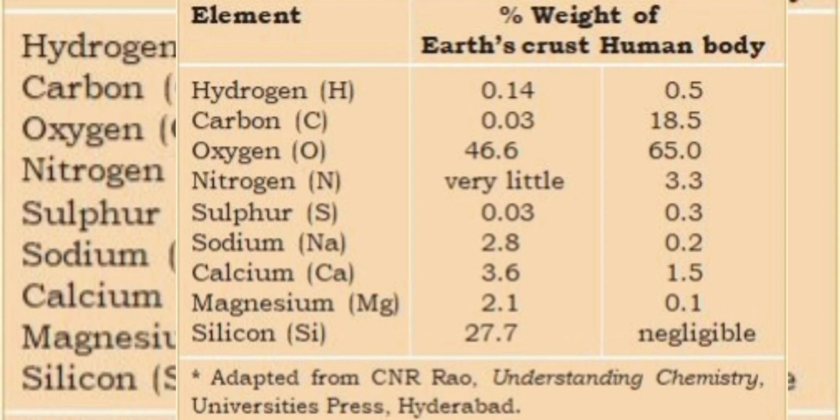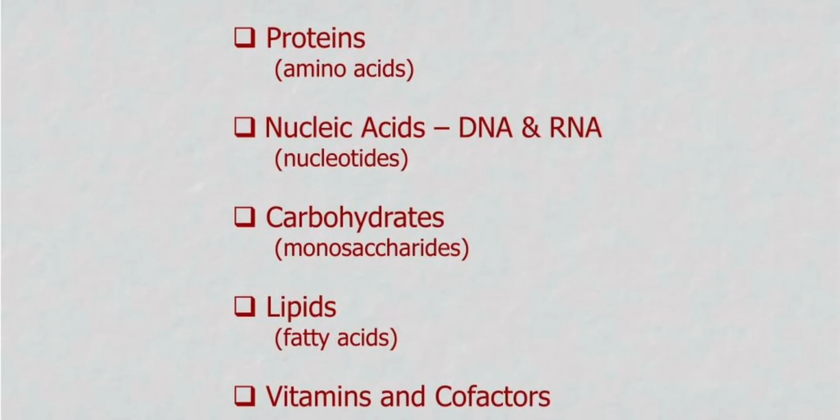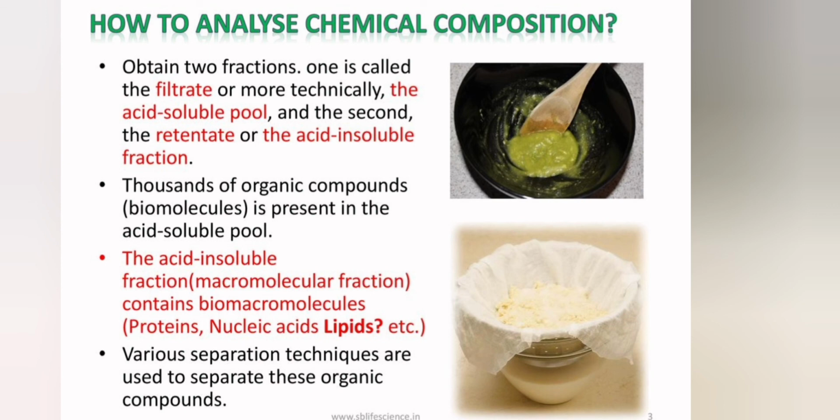After we analyze the elements present in living and non-living matter, we can compare them with those of the earth's crust and the human body, and analyze the various elements like hydrogen, carbon, oxygen, nitrogen, sulfur, sodium, calcium, magnesium and silicon. You can see a comparison given in the table to study the various elements present. Hence, the sum total of the different types of biomolecules, compounds and ions present in a cell is called its cellular pool. A cellular pool may contain more than 5000 chemicals, and it may be biomicromolecules or biomacromolecules.